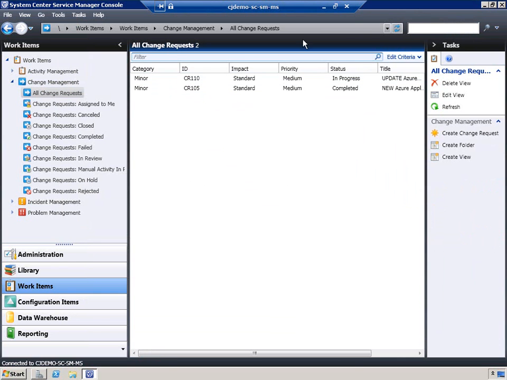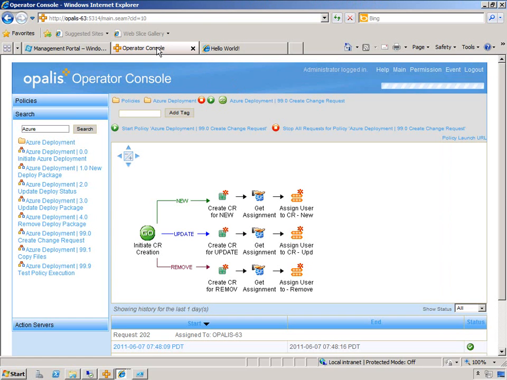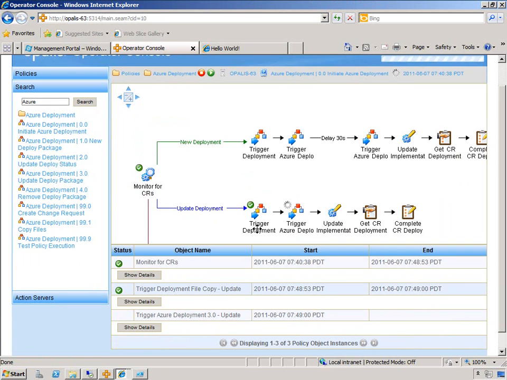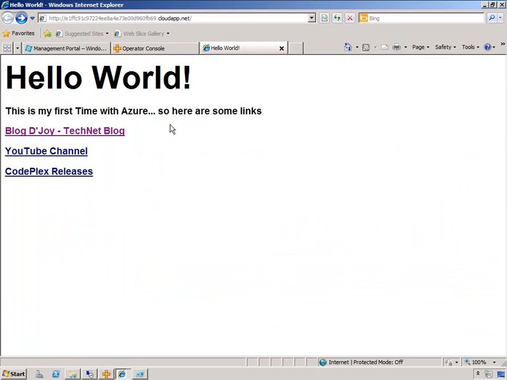So let's go back to the Opalis machine and check on that workflow. You can see it's down here. It's copied the new files. So obviously I didn't show you the difference between the files. There's not much difference other than the text, but you will be able to see the difference because this is the old app, and when we refresh this, once it's done, it'll have new text that will be obviously different,